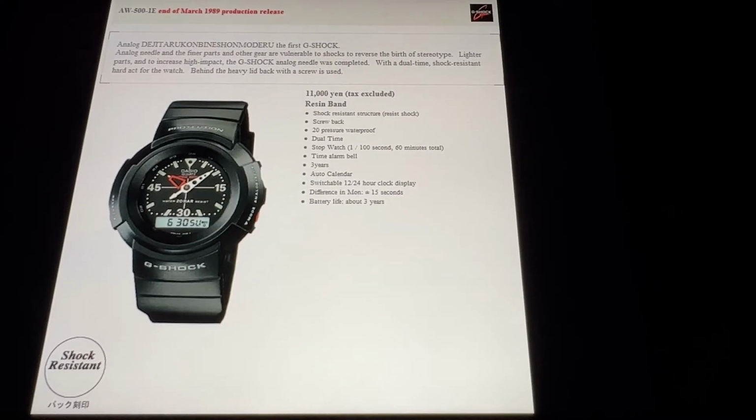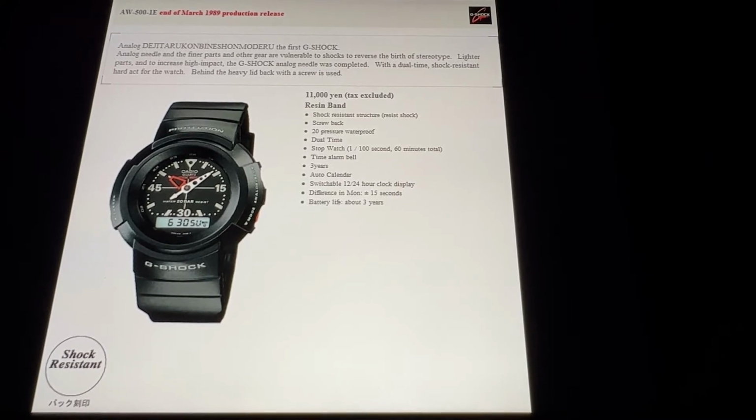So after somewhat with the success of this AW-500-1E for that matter,